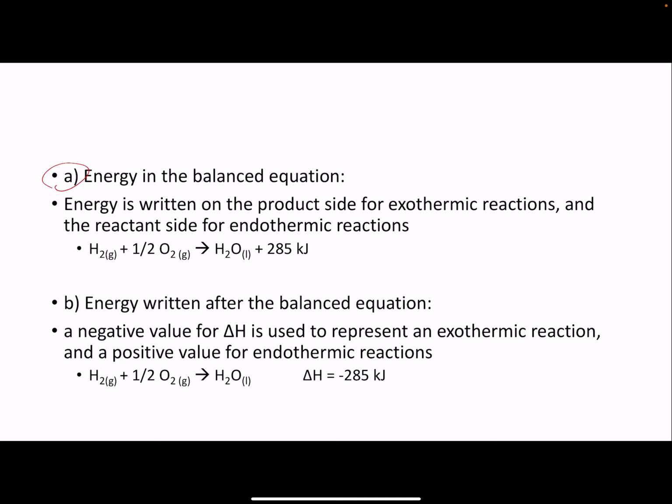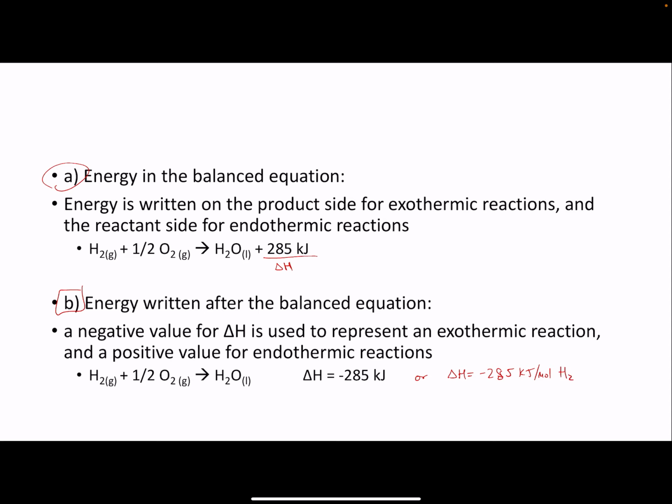Option A, we can actually find the energy in the balanced equation. So because it's an exothermic reaction, it's written on the product side. Okay, don't forget that this represents delta H. So it's just kilojoules, not kilojoules per mole. Okay? If we want to write it as kilojoules per mole, we would write energy outside of the equation. So we can do it like this, or delta H equals negative 285 kilojoules